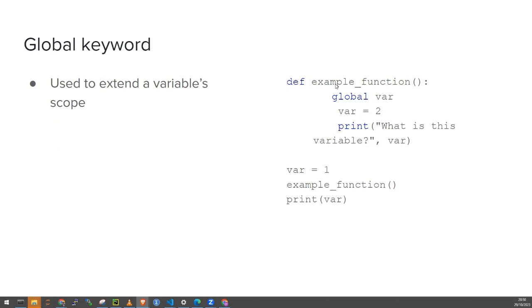So let's say in my function I wanted to manipulate or modify the value of a variable that's not within the function. So I can use this keyword global. And what this is essentially saying is, I want to modify the variable in the global scope, right? And this variable is in the global scope, that's outside of the function. And then what would happen is I now change it to 2, and here it's 1, but then I invoke the function, and it says, okay, I want to modify this and set it to 2,